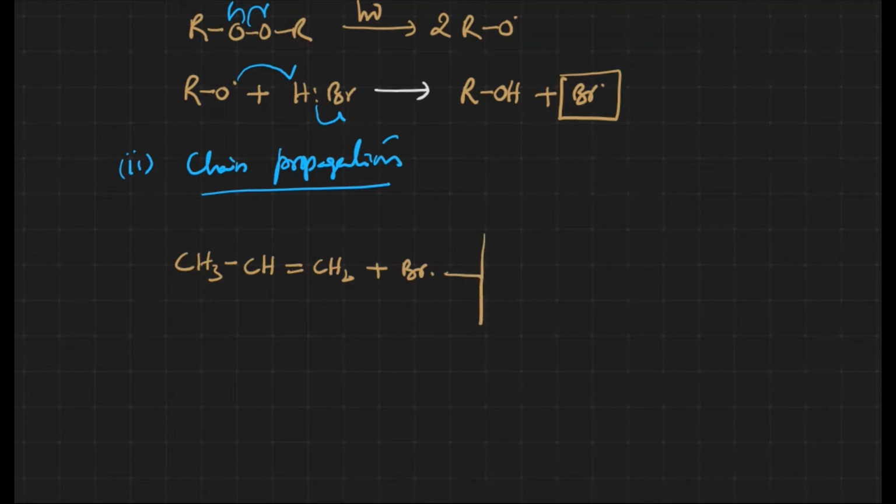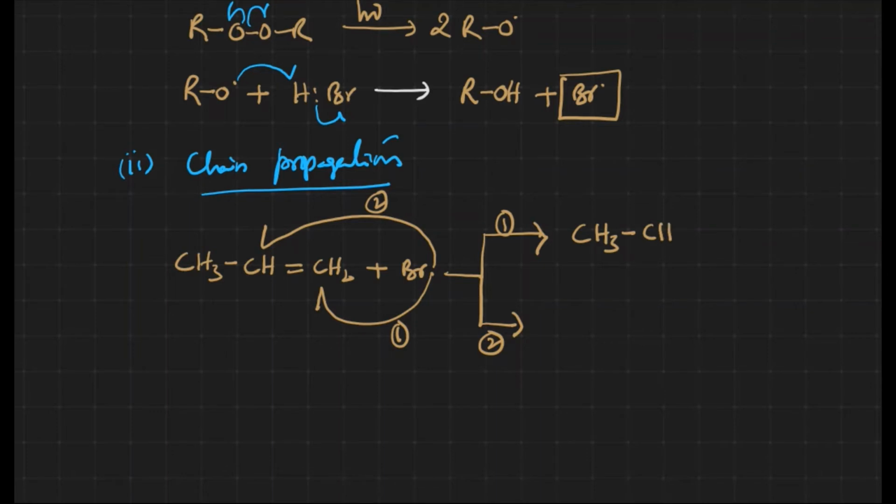Now this reaction may take place either way, means bromine may attack at the first carbon or bromine also may attack at the second position, the second carbon, right? Let me write it over here how this one takes place. What kind of product will be generated. This is the first one, this is the second one. First one is attacking at the first carbon, right? CH3 CH single bond CH2 Br. First bromine radical is added to the first carbon, right?